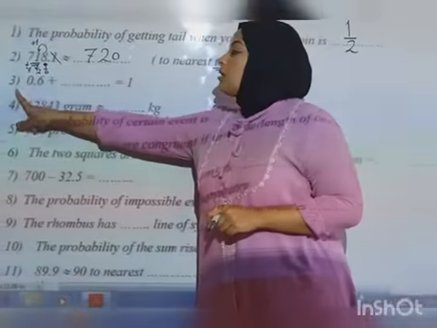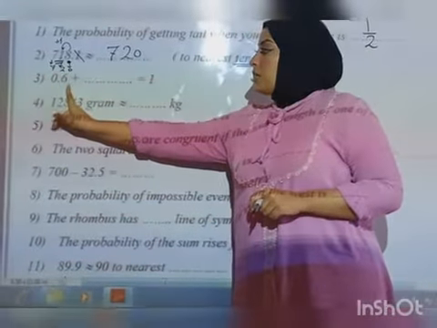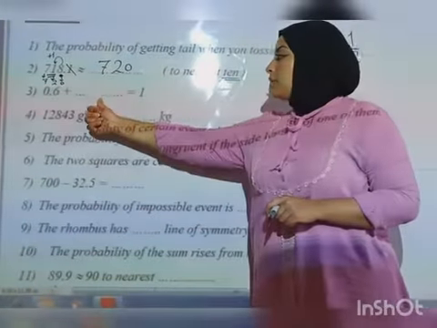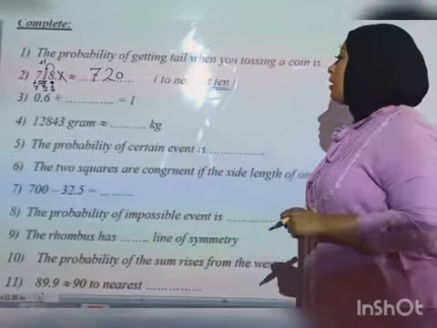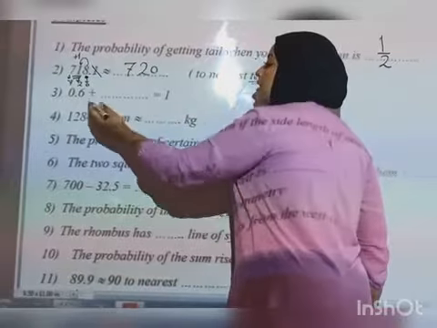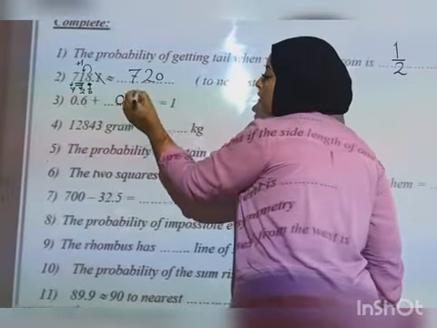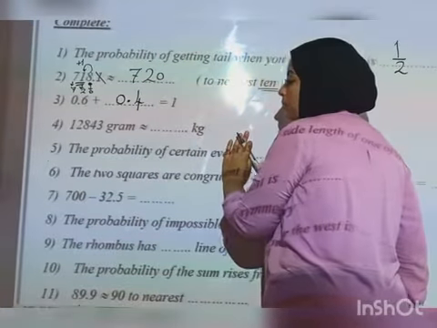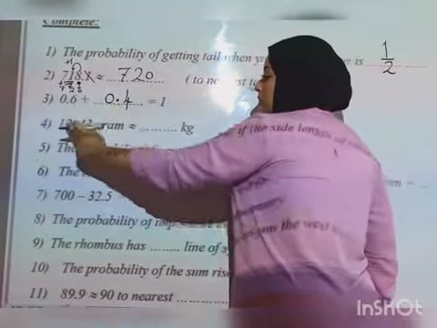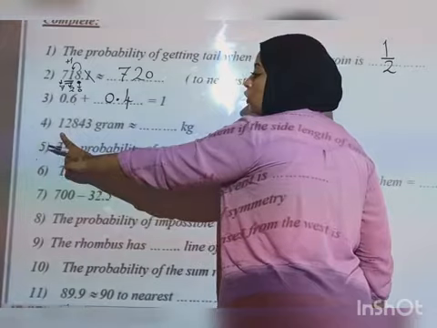Number 3, 0.6 plus what equals 1? Now, 0.6 plus 0.4 equals 1. Number 4,